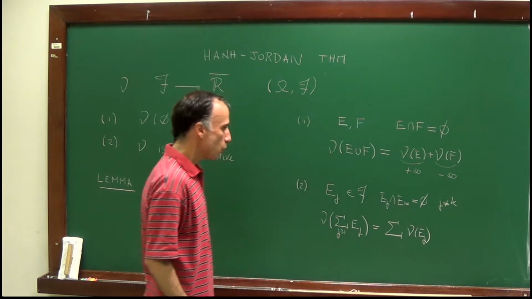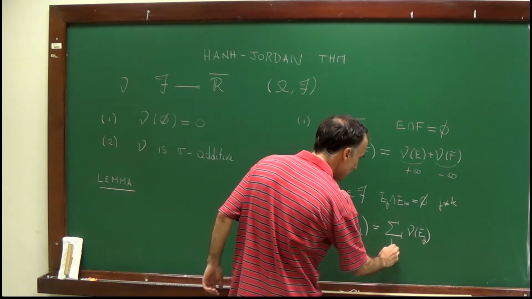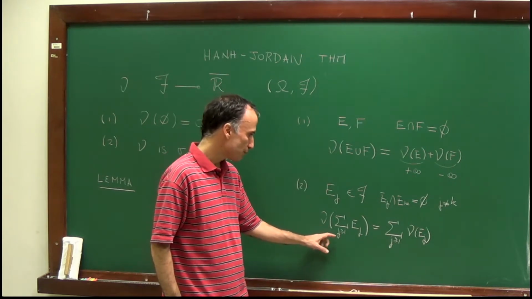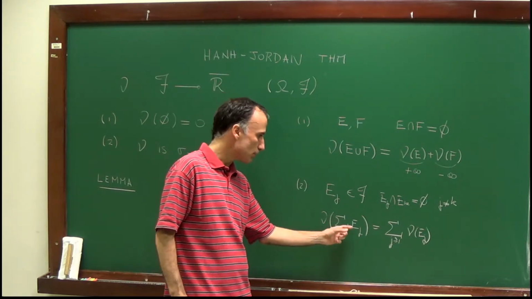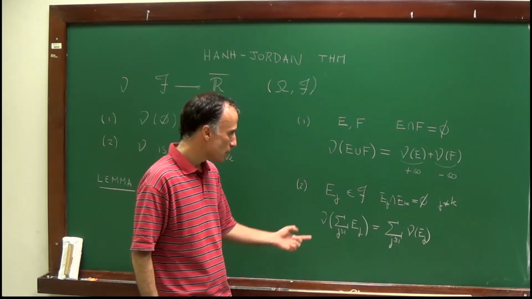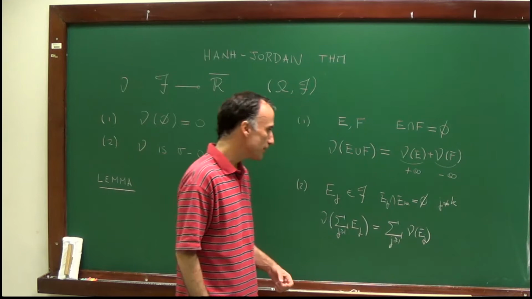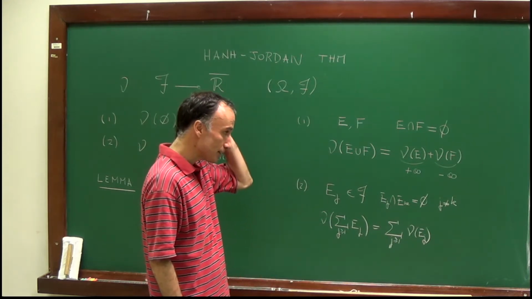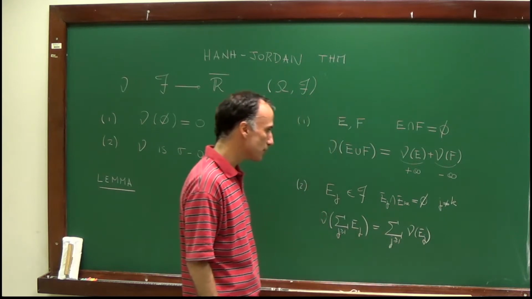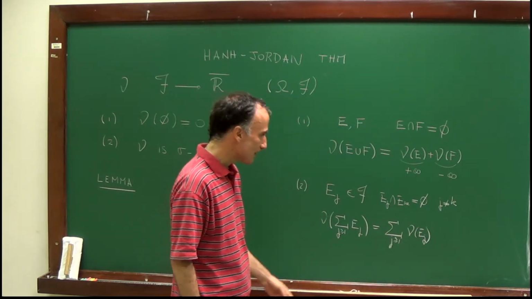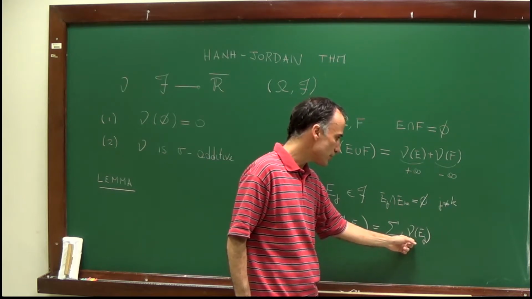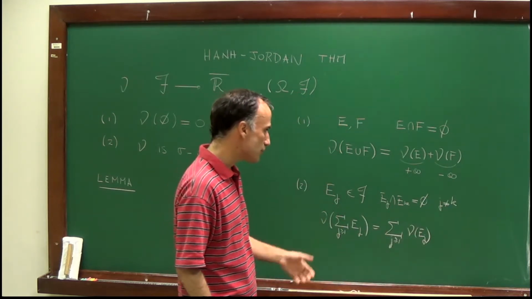Right? Well, of course, the value of the left-hand side doesn't change if I change the order of the sets Ej, if I change the order of the summation. So this means that the value of the right-hand side does not change if I modify the order of summation. And this means that either this series is absolutely convergent or it is divergent in the sense that